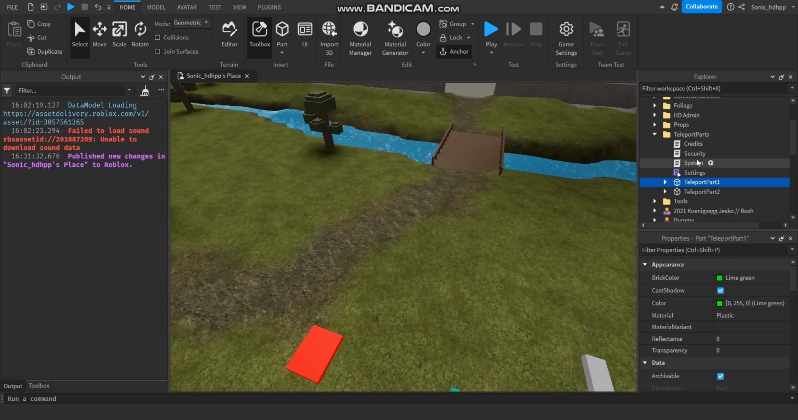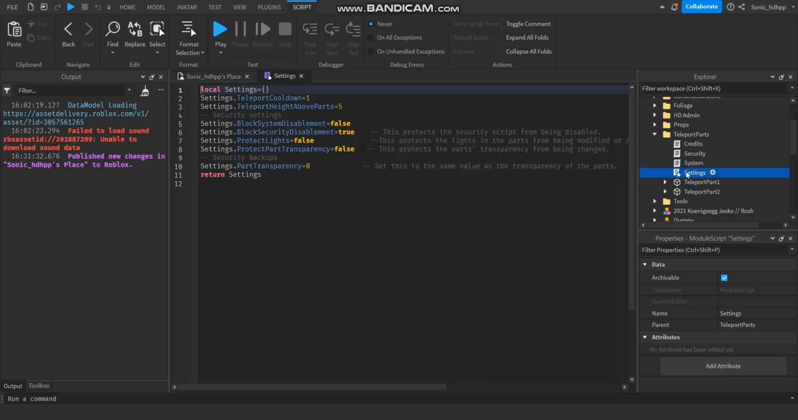Here's the settings module script, and in here there's the settings. This determines how long the player can be on the part before it teleports back. This is how high above the teleporter the player will teleport. There are also some security settings. These determine whether the system can be disabled or not, or if the security script can be disabled or not,